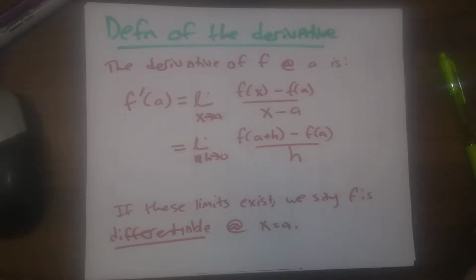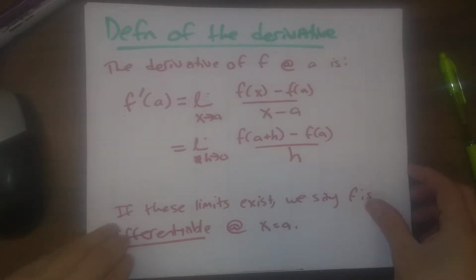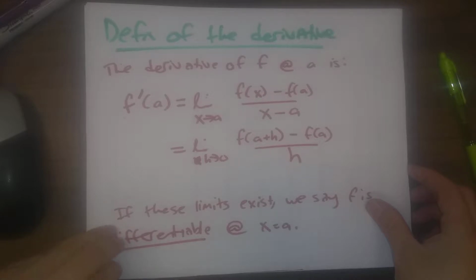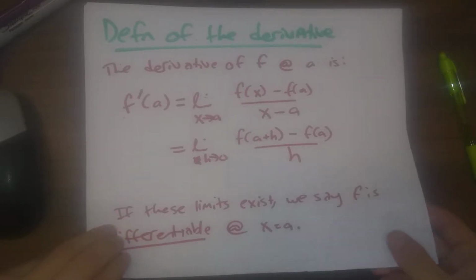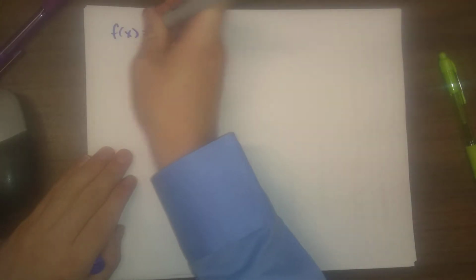Use the definition of the derivative to calculate the derivative of some families of functions. Now let's use the definition of the derivative to show that some functions don't have derivatives at certain points. So the first one we're going to look at is, let's take f of x is the